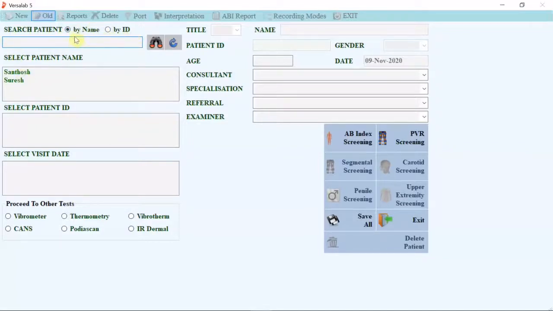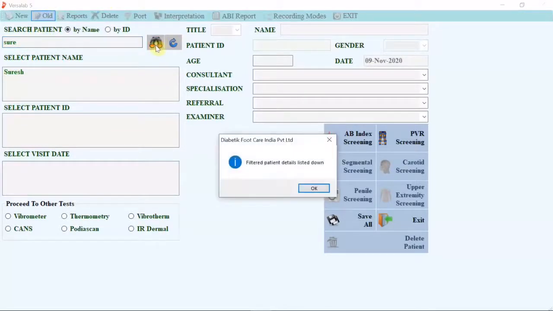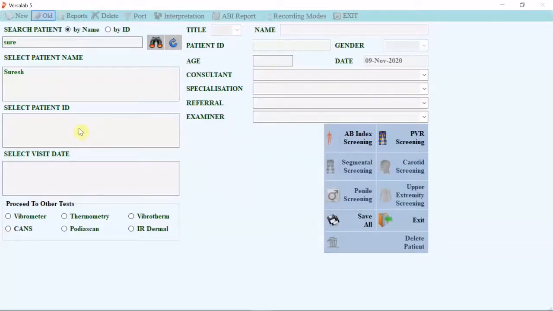So we can type in Suresh, actually this is the patient. You can type in the full name or at least 4 characters and then click. You can see earlier we had one more name that is gone, only the actual name comes. There are multiple Suresh, so in such a case you have to select the patient ID.